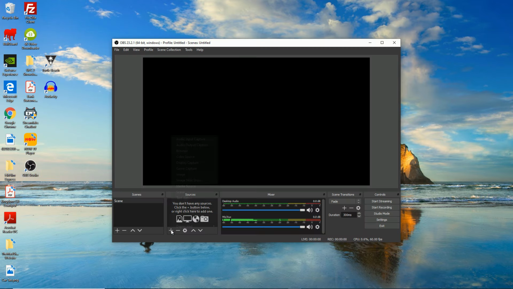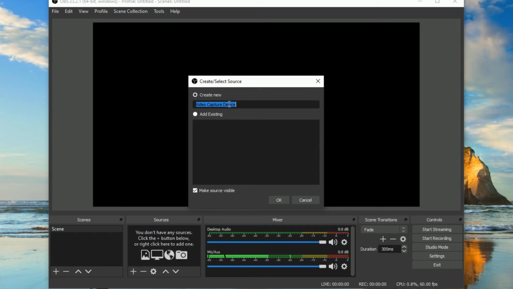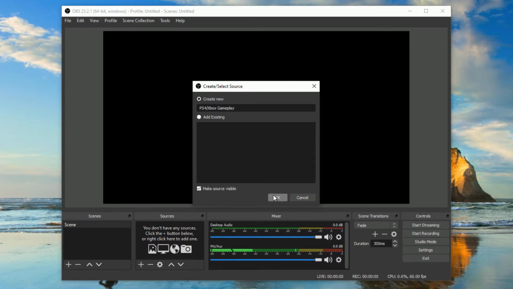Okay, so you want to go to the big plus in sources, go to video capture device, and then you want to rename this either PS4 or Xbox gameplay or whatever console you're playing from. And then you want to hit OK,